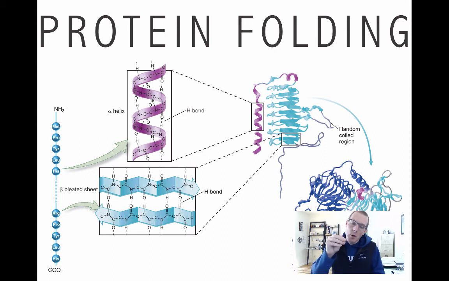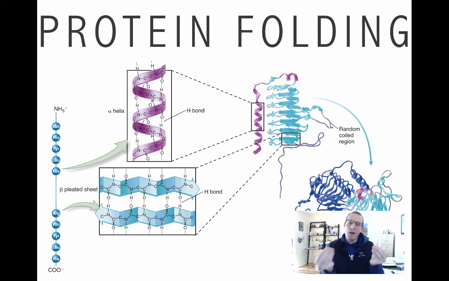You've got the C double bonded to an O, and the oxygen is electronegative, so it's got a slight negative partial charge. And then you've got the NHs off of the peptide backbone, and because the nitrogen is electronegative, the hydrogen becomes slightly positive. So in a cell, when this chain of amino acids is just wiggling around like a crazy snake, if a slightly positively charged hydrogen in the peptide backbone comes close to a slightly negatively charged oxygen, hopefully you can guess